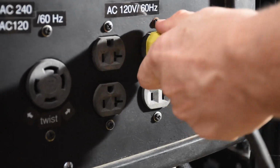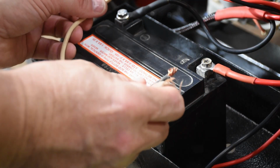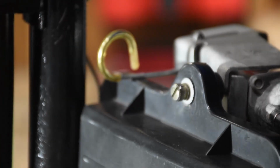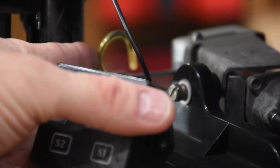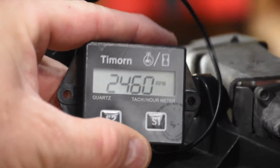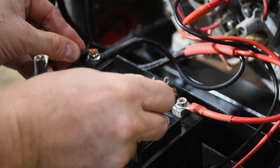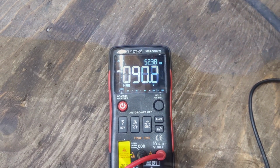main rotor on this thing with a little bit of DC power to see if I can induce some magnetism. So I try it without the engine running. I put a little bit of 12 volt battery power, and then I start the engine up and I try flashing it again. You can see I'm running around 2400 RPM here, which is really low. I flash it and it induces the magnetism, and you can see all of a sudden I'm getting around 85